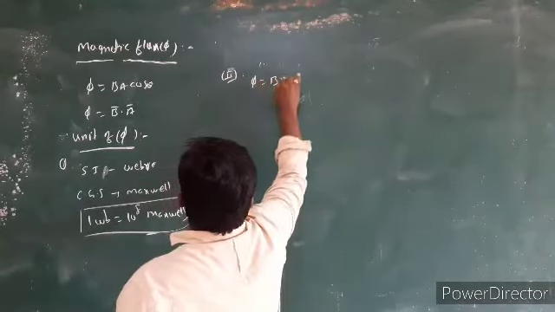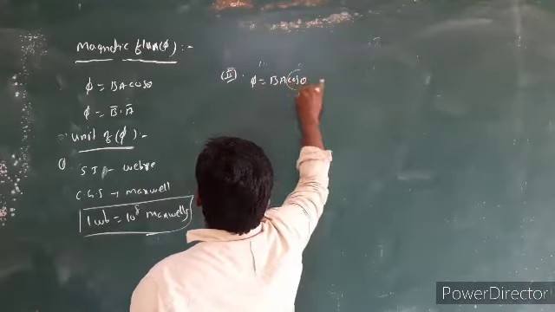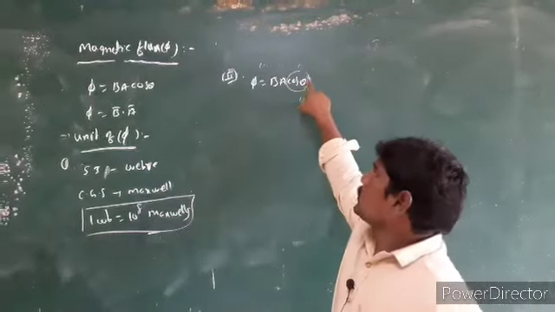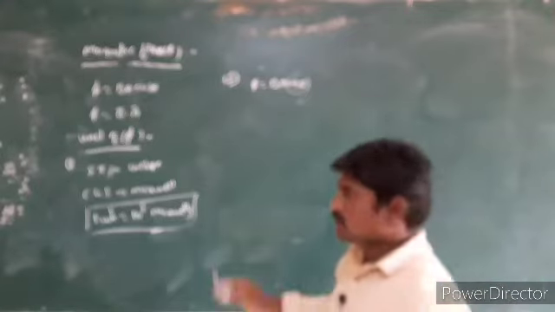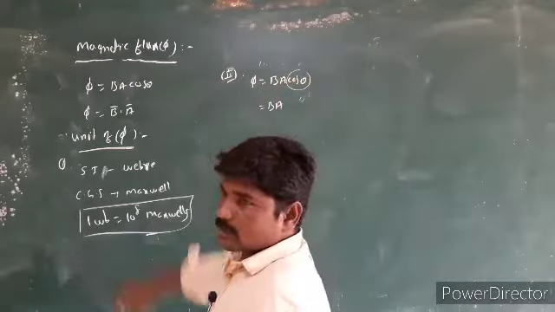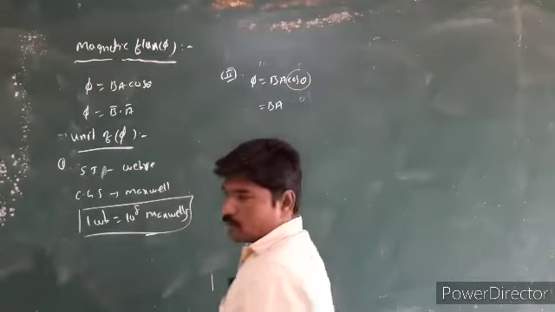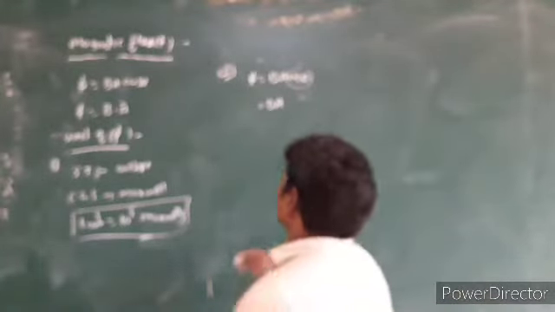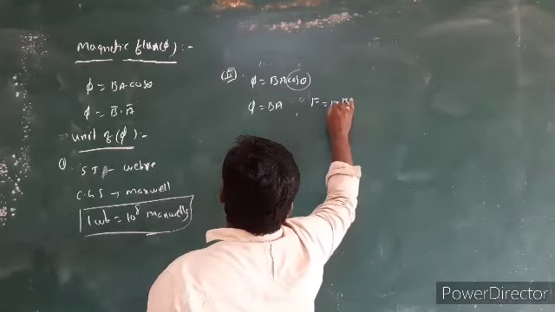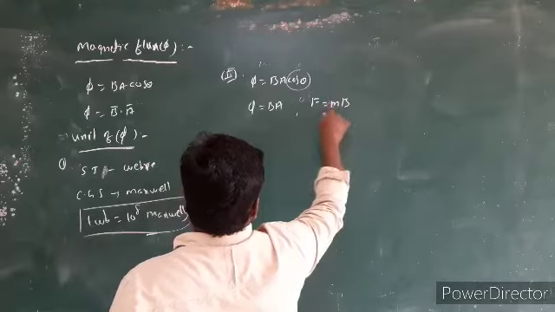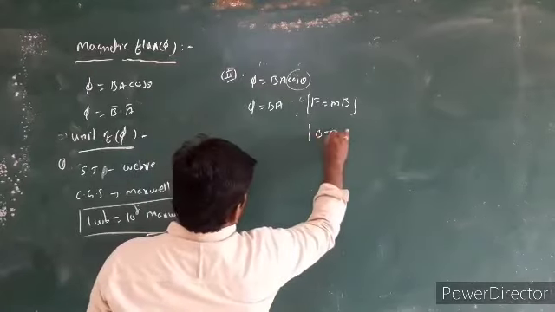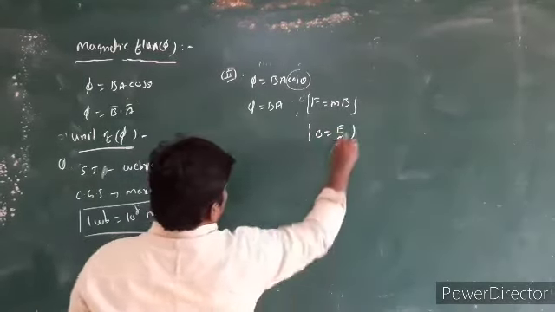From phi is equal to BA cos theta, theta is unitless and dimensionless, that's why the cos theta term has no units and no dimensions, so remove that. Now we can write phi is equal to BA. Now, force acting on a pole of pole strength small m in a magnetic field, F is equal to mB. From this we can write B is equal to F by m.